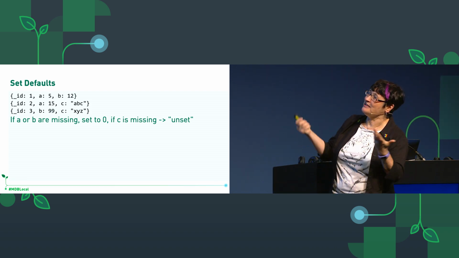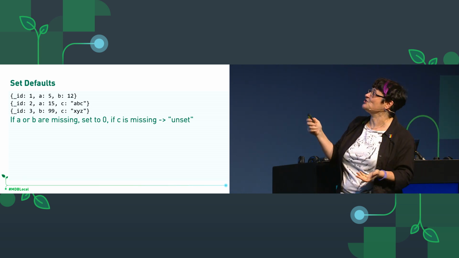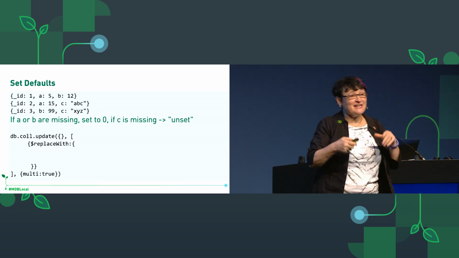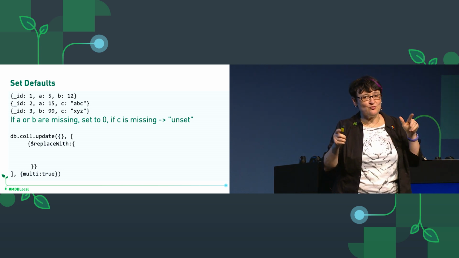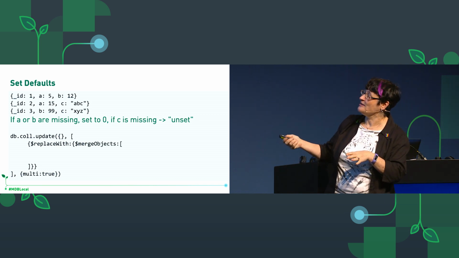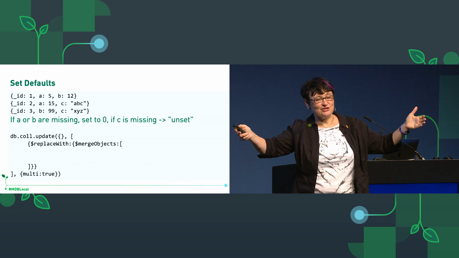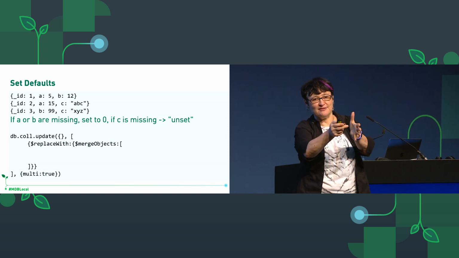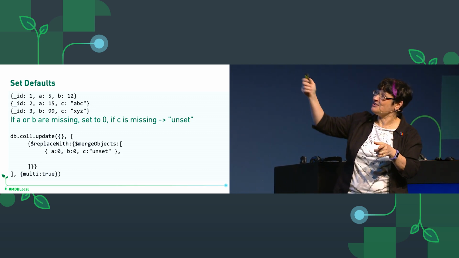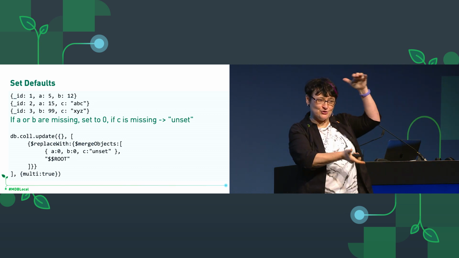So these are my example documents, and you can see that all of them have some 2 out of 3 fields. We can do a multi-update specifying a replace with, but that replace with will contain both the new defaults and the existing values, because we're going to use merge objects, which takes an array of objects and it kind of smushes them all together. And if a field occurs in a bunch of them, the last one wins. So what that means is if we put the defaults first and then $root, which refers to the entire document second,